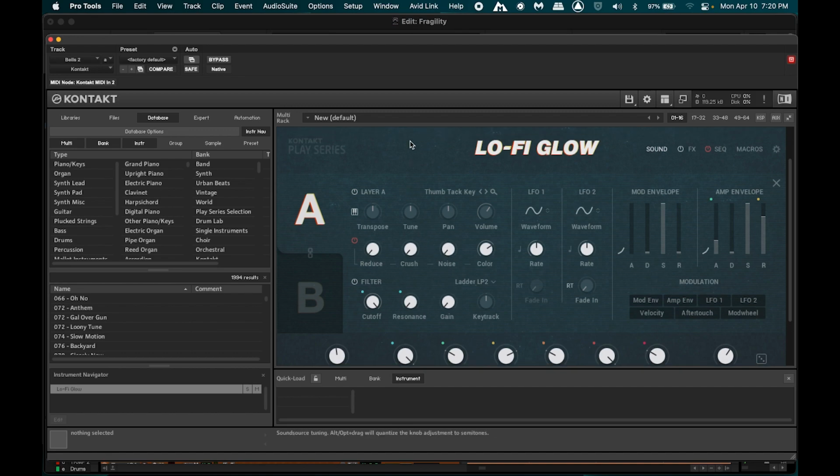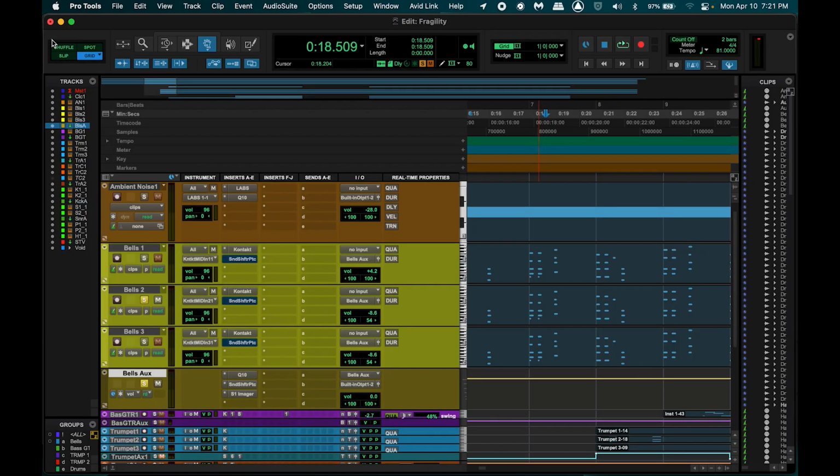I did like how it layered a little bit of texture, but really it's just a texturizer. That's really all it's doing, adding texture, and it is also creating a cool sound, but I didn't want it to be my focal point. Otherwise it would have sounded too noisy to me. And the third bell is pretty quiet.